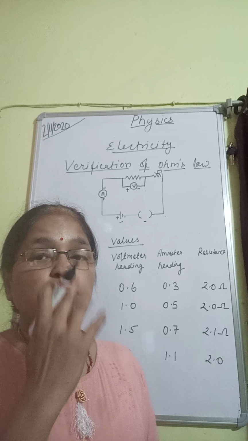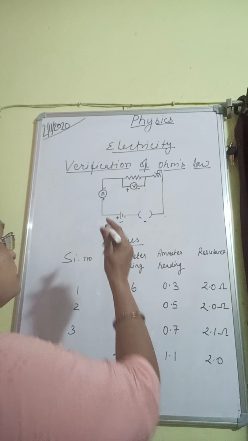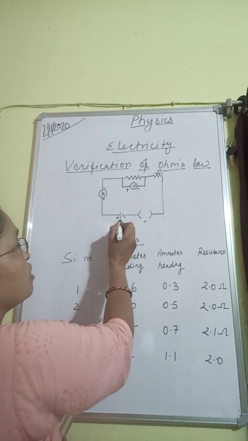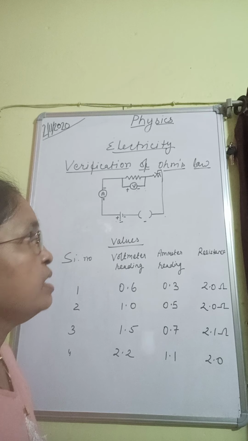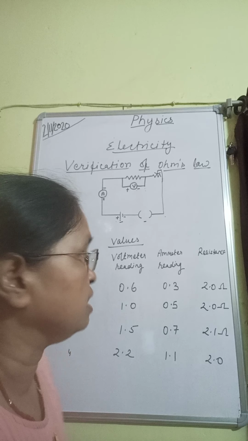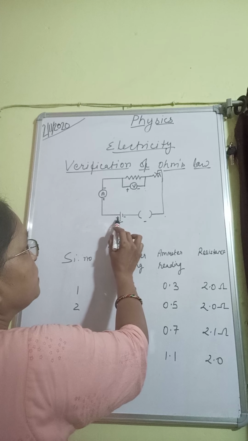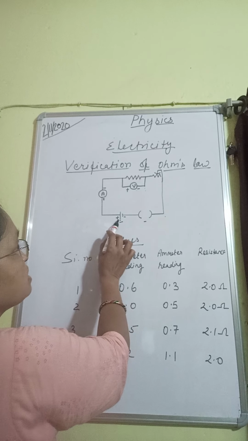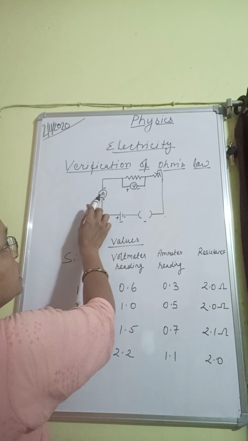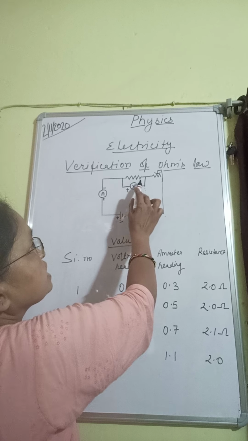Students, one thing you should always remember whenever you check the circuit: the positive terminal of the ammeter is connected to the positive terminal of the cell. If you remember this, then everything will be easy. And then it is connected in series. So see this plus minus. This plus, the cell plus, is connected to the positive terminal of the ammeter, then minus, then again plus minus, the voltmeter is in parallel,